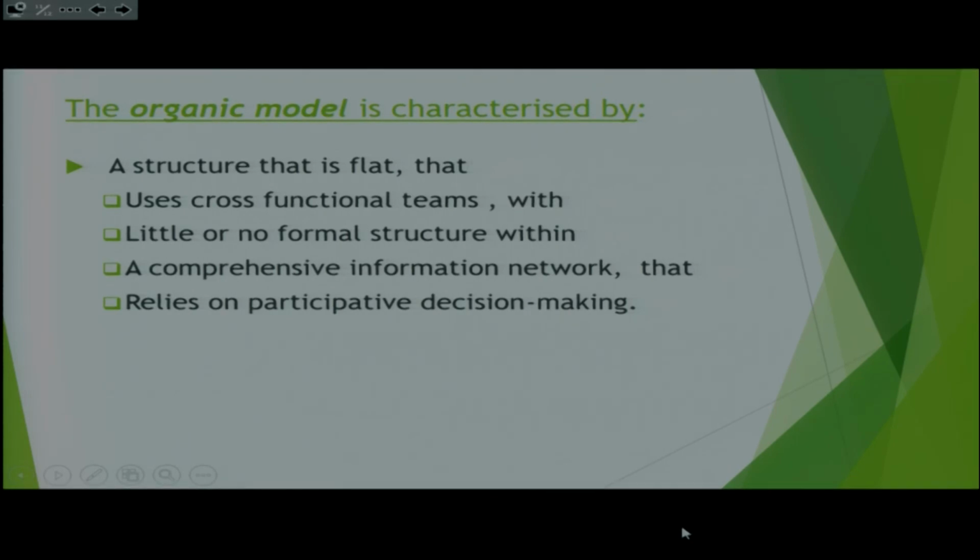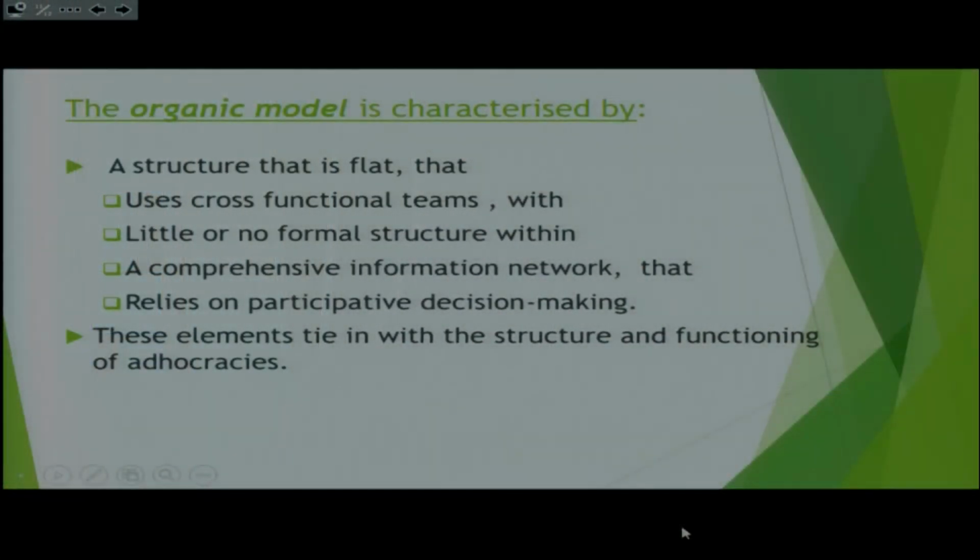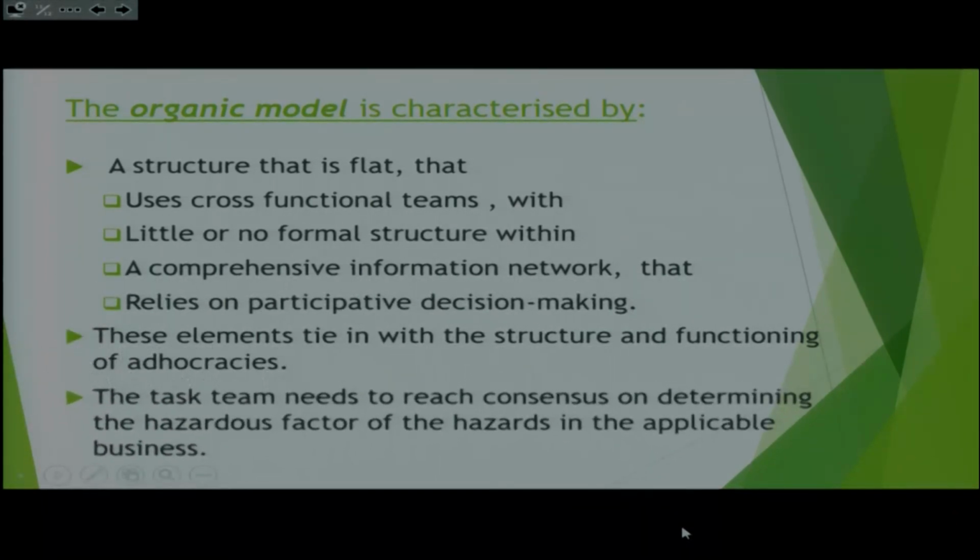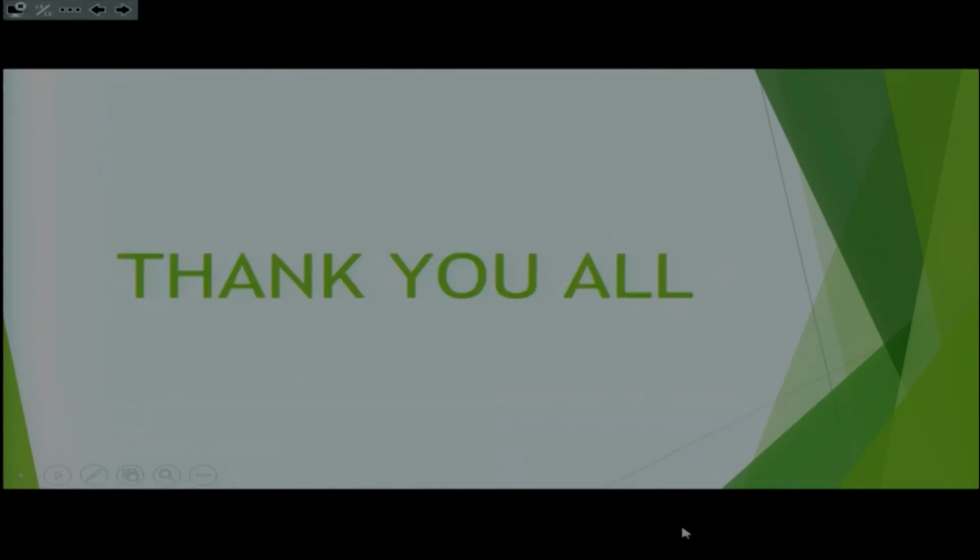So if you've got a group of experts together sitting in one room with a leader analyzing a specific type of hazard, then they need to make a decision or agree. We said hazard analysis is done in teams. So is the rest of the risk assessment process. We'll get to that in the following chapters. These elements tie in with the structure and the functioning of adhocracies. The task team needs to reach consensus on determining the hazardous factor of the hazard in an applicable business. And I think